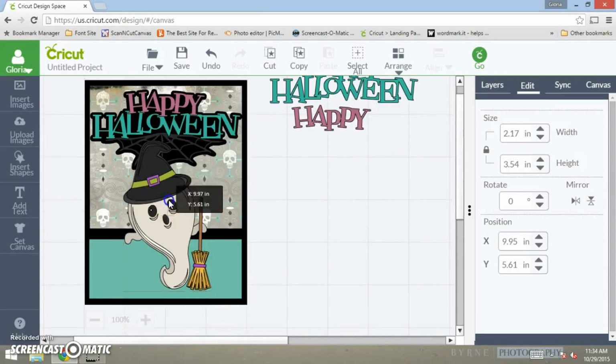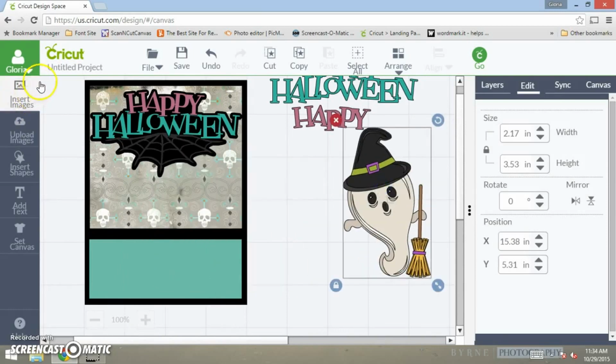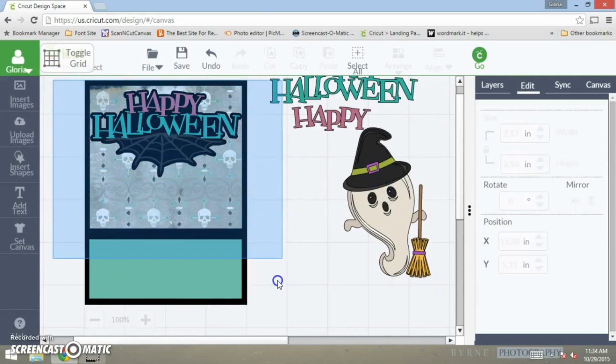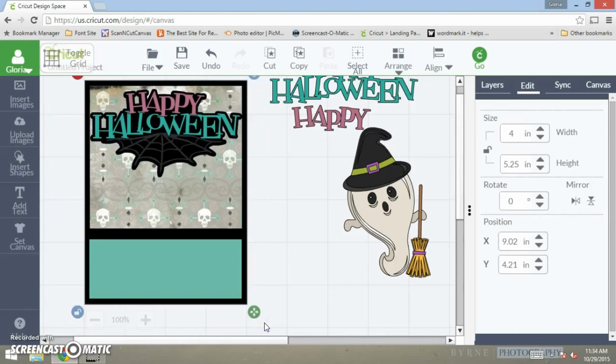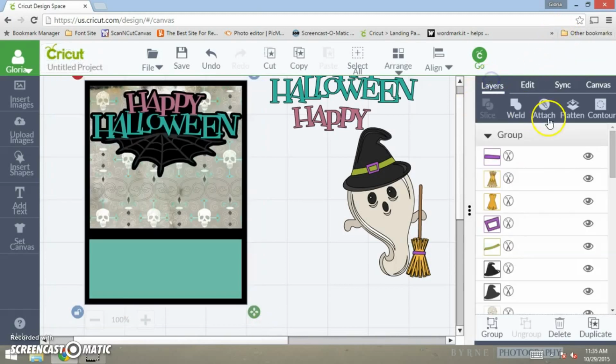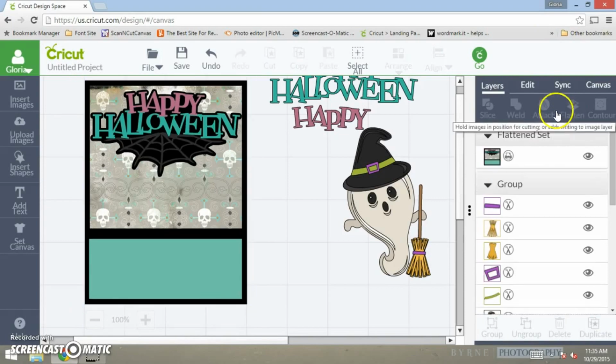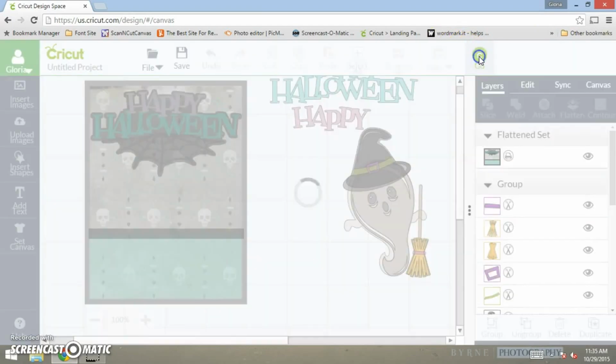And before I do that, since I know the size of my card, you want to come back over here and you want to gather all of these together. Go to the layers panel, press flatten, and then when you go to go,